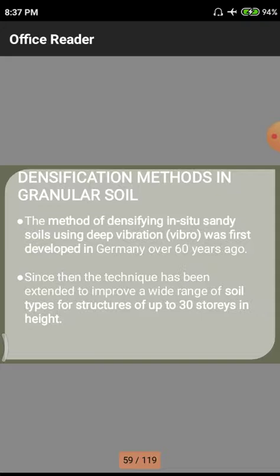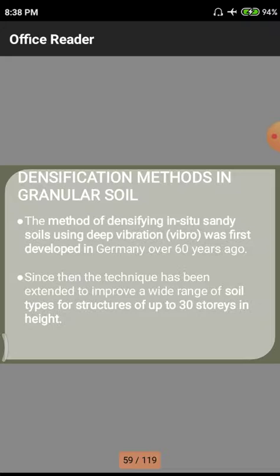Already we studied granular soils, silty soils and clay soils, depending upon their particle sizes, how they vary, and how much voids they have. But here we are observing the densification methods related to granular soil. What are the measures we have to use, particularly in the case of these granular soils? Whenever there is a construction practice on these granular soils, what techniques do we need, with cheap construction and low cost of